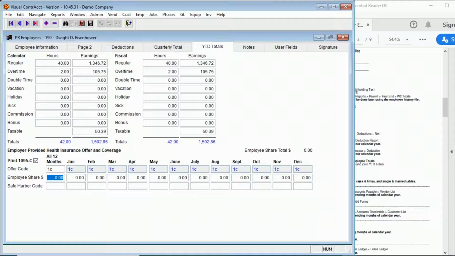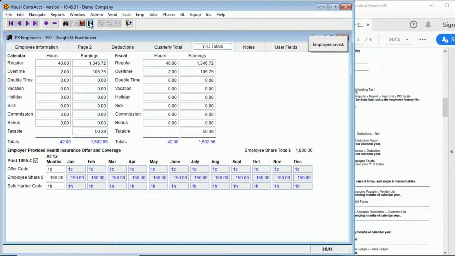So if the employee worked all 12 months and he paid $150 a month for his portion of his health insurance, you would then just fill out that first box for all 12 months, and you could do a safe harbor code. Again, I'm not sure exactly what the codes are. But that would fill it in for all 12 months, and then basically you're done with that employee. You could save it,